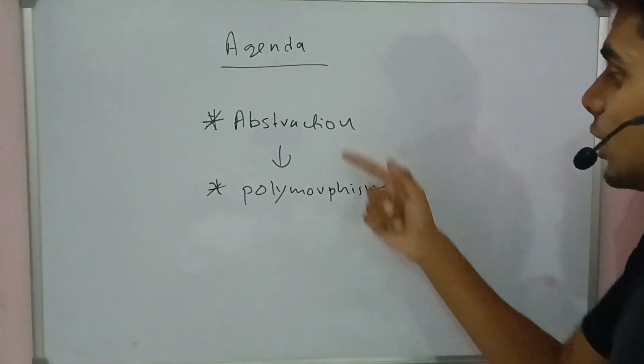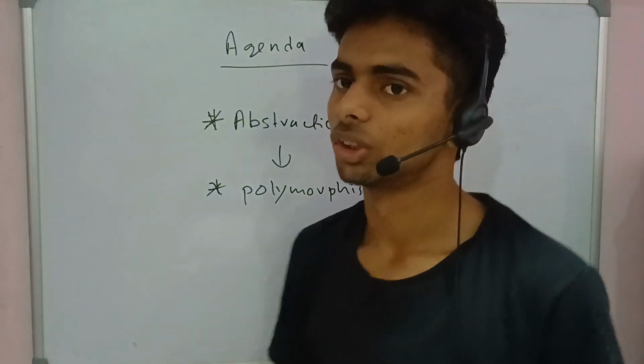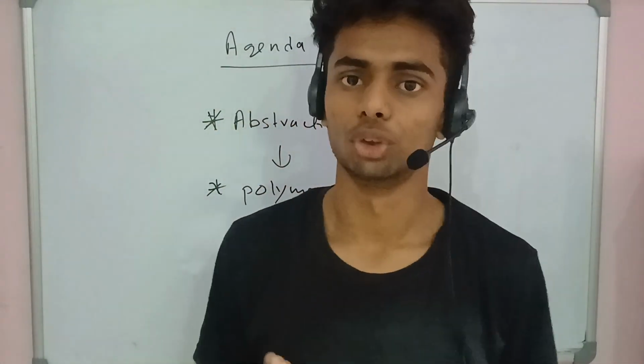So the overall agenda for today is abstraction and polymorphism. Both are really interesting concepts, and when you focus on them, you get a core idea about OOPS. I'm not just going to move toward the entire code logic. I'll give you the basic idea to understand why this concept is important and what is inside the concept. We discuss the idea behind the scenes, and that's an important part.